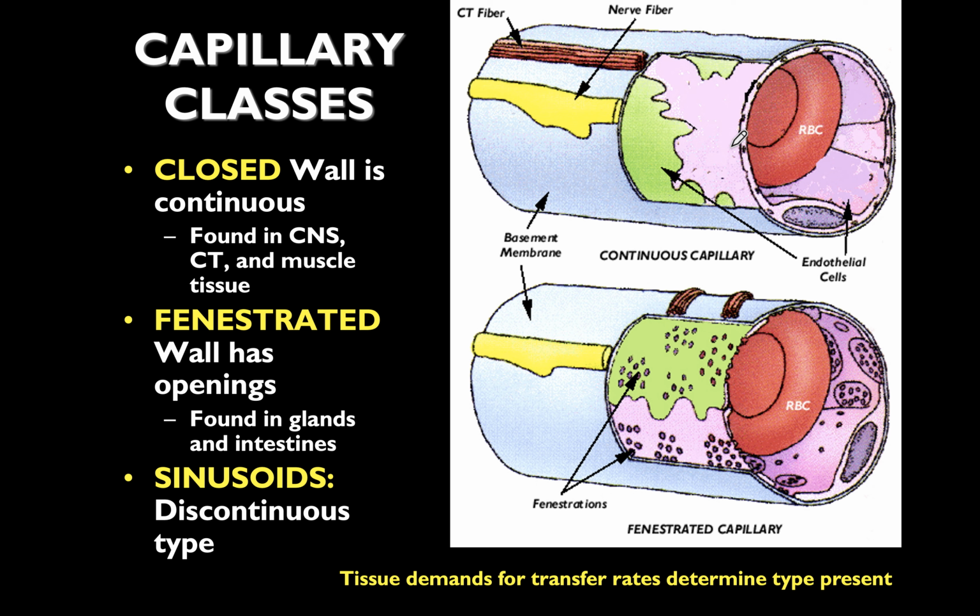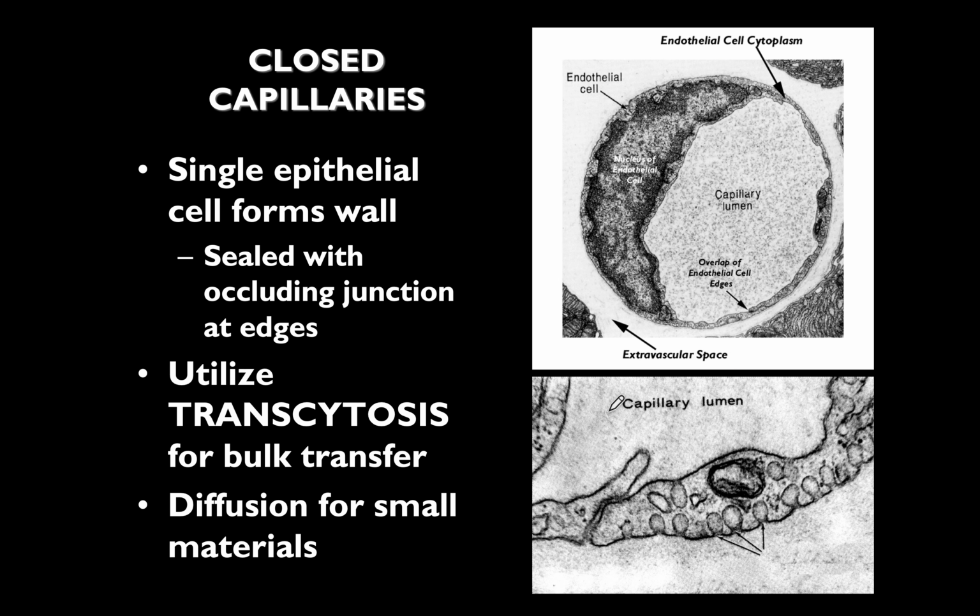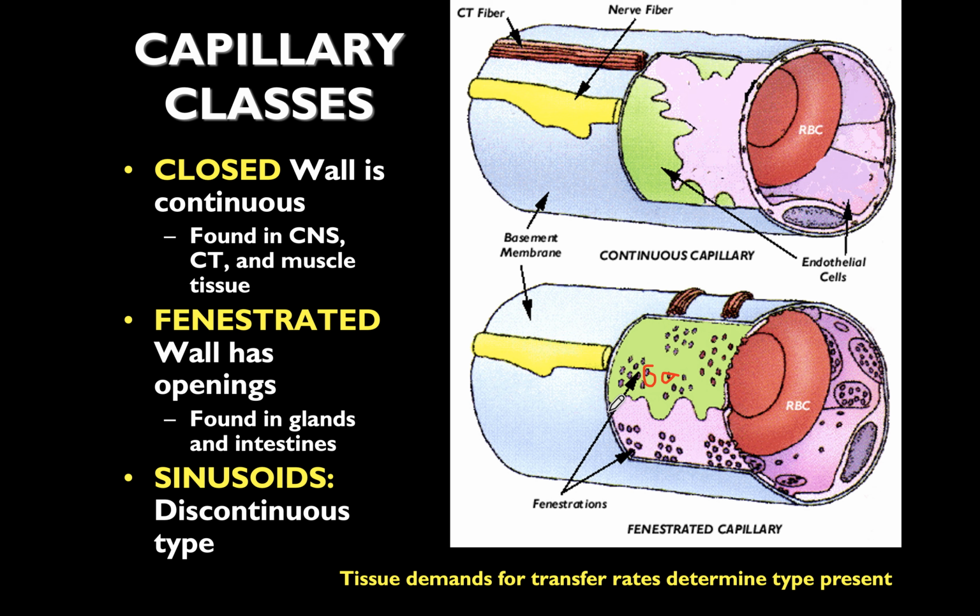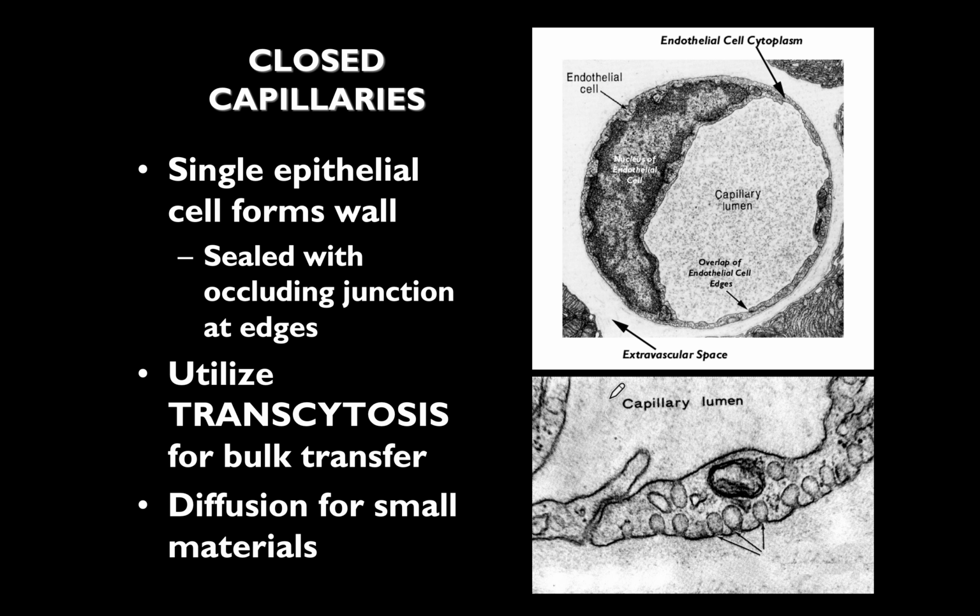If the wall is continuous without any perforation, without any pores, we call it closed, and this one is found in the central nervous system. If the wall contains small pores, that will be the fenestrated, and this is found in the intestine. And if they have large pores, then this type is called the sinusoid and is found in the liver and in the endocrine system. In the closed capillary, we can see the red blood cells,